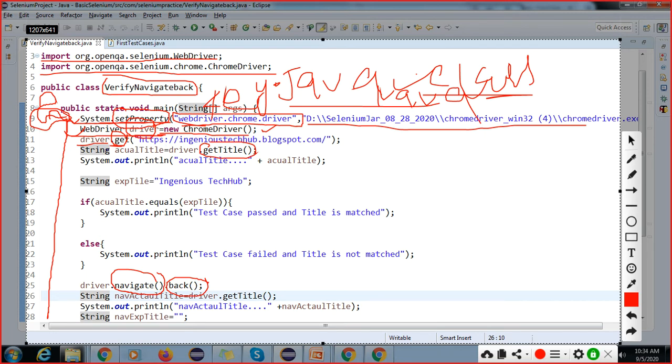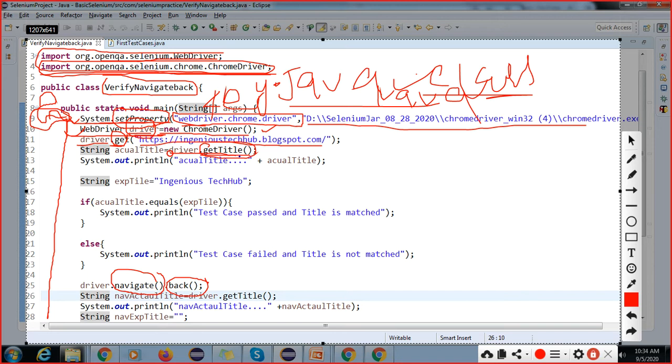Your question is where it is coming from. Here you can see this is coming from the package. All the packages are already there. So you are able to access all the methods which are available in ChromeDriver. Okay, so get accepts a String type parameter. I am launching the browser, so get is a method. If we use this get method, we will launch the application. Okay, URL.